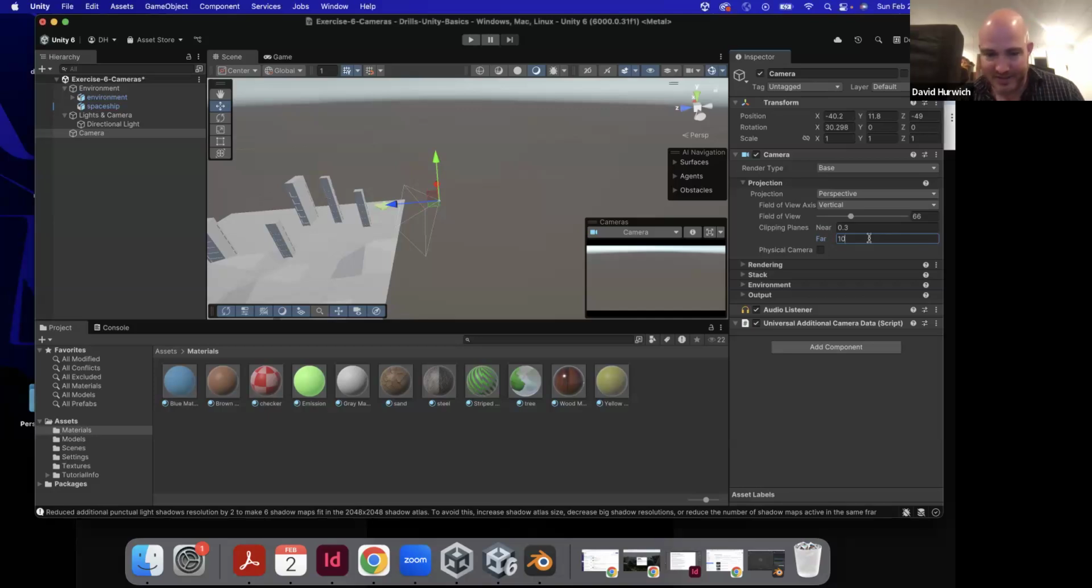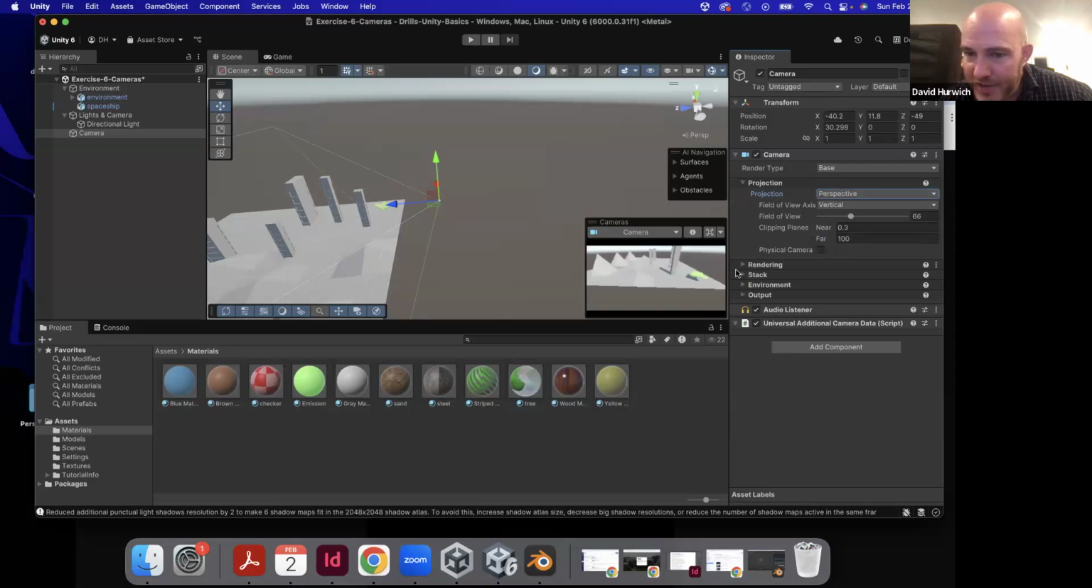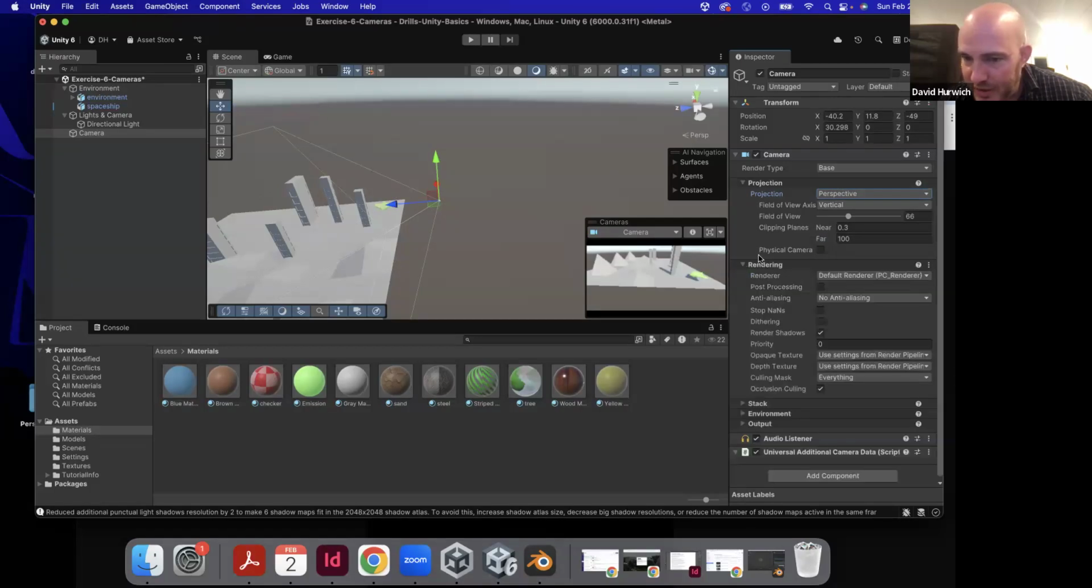If I raise this up to like 100, 50, 25, you can start to see how some of it's not being seen. So if you wanted to set up your world where you can't see all the way out to infinity, you could set up a clipping plane like that. You could also set up your camera to be orthographic, which means it doesn't have perspective. The other thing that might be useful is